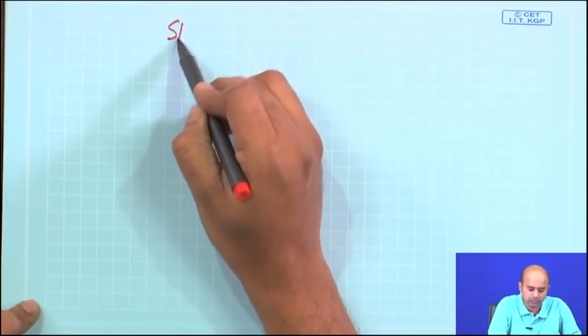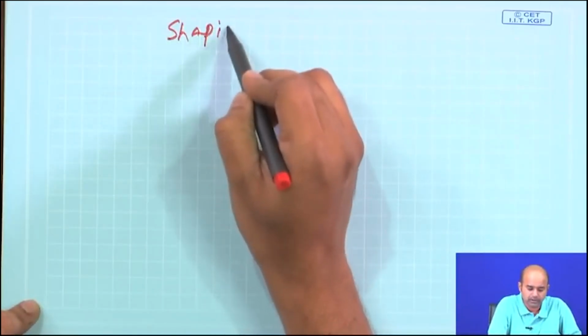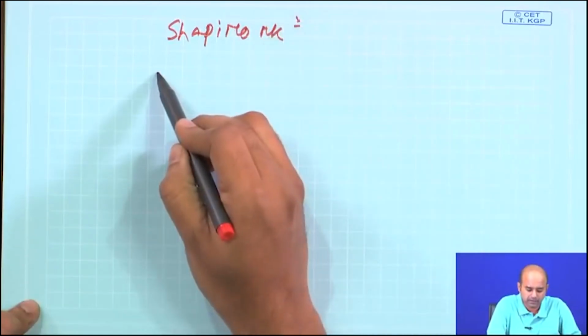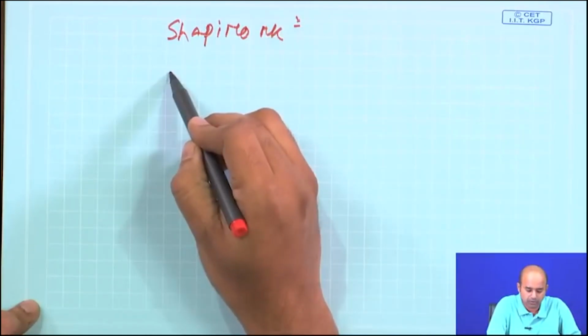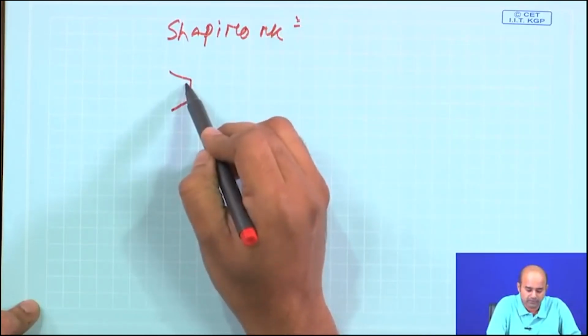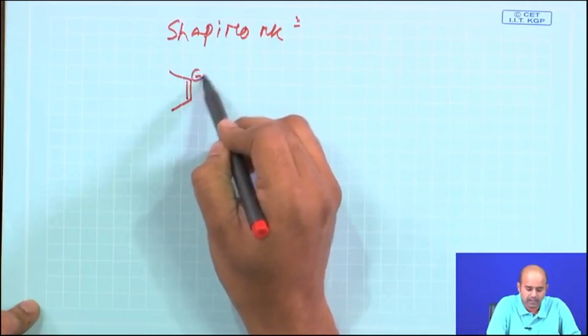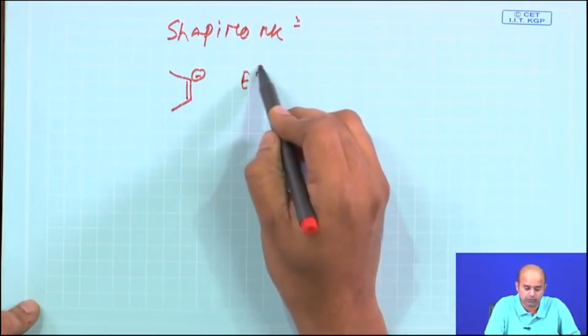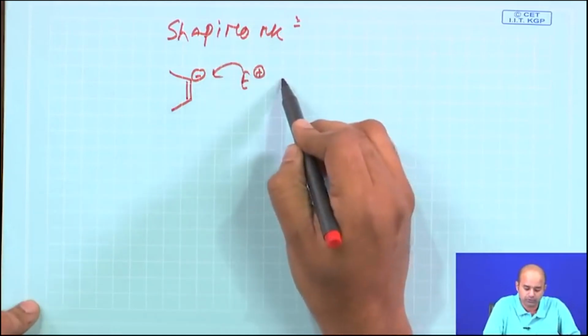If I now give a retrosynthetic disconnection of the Shapiro reaction, you can say that the Shapiro reaction normally will give you a vinylic anion, and this vinylic anion can be quenched with a suitable electrophile. So, the final